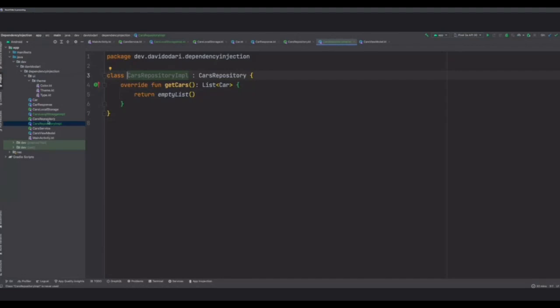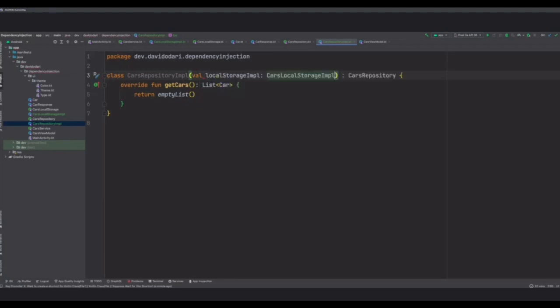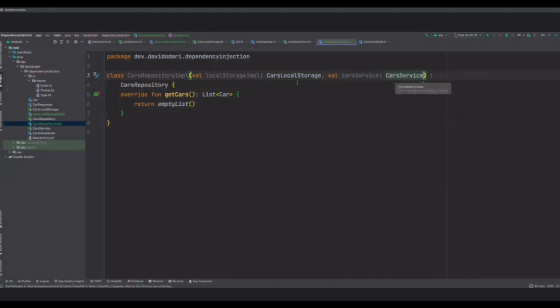So let's say the repository depends on the local storage. Always using interfaces. Then it also depends on the service. So if you didn't have interfaces, we'd probably say we don't really need interfaces.